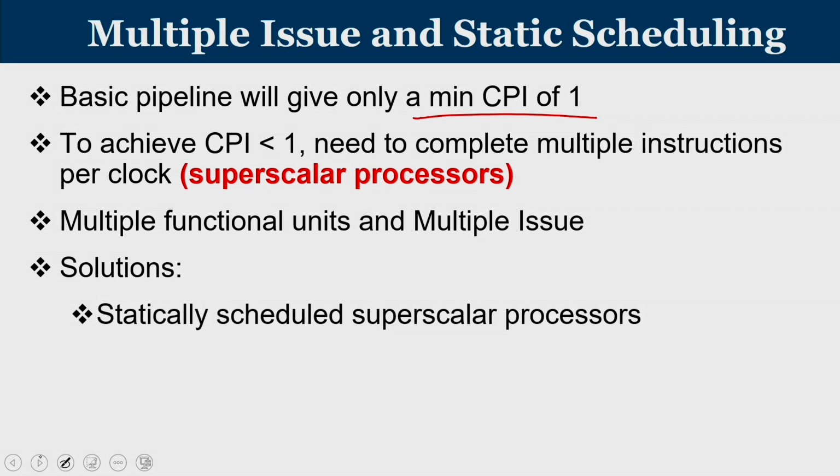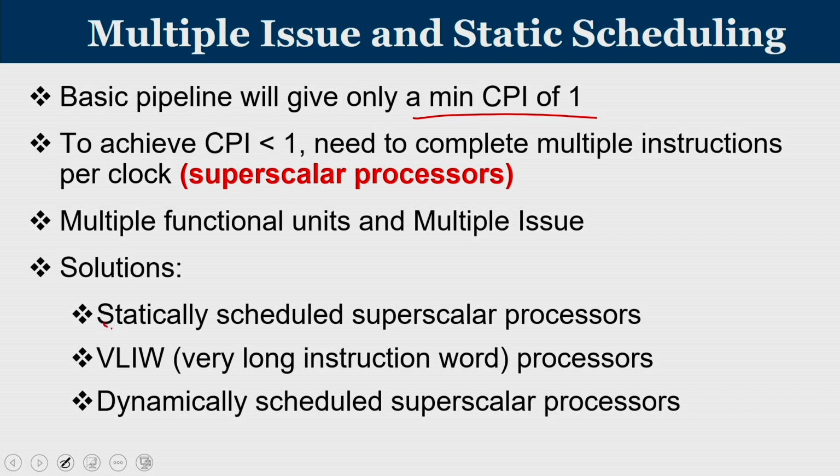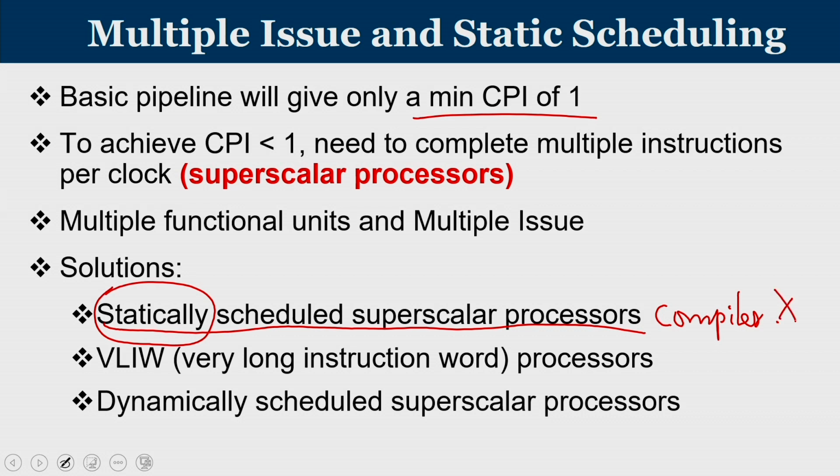And basically there are 3 approaches to handle this. One is known as statically scheduled superscalar processors. You are going to execute multiple instructions together, but which all things to execute has been statically determined by the compiler. So the compiler has a big say in statically scheduled superscalar processors. Essentially, you have to fetch multiple instructions together, everything will happen in multiples. Which things will be grouped together and fetched together is determined statically. So the compiler has a big say, but it is not a popular approach because of the overhead involved in the compiler, and it is extremely difficult to find the combinations that are to be run together.